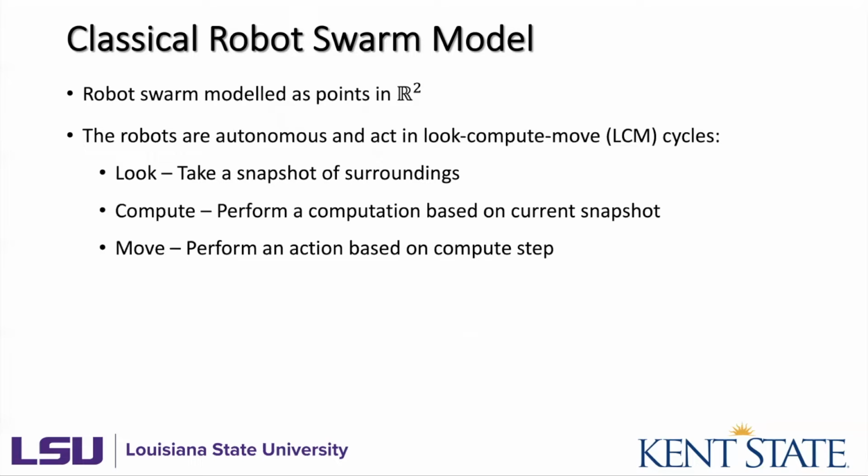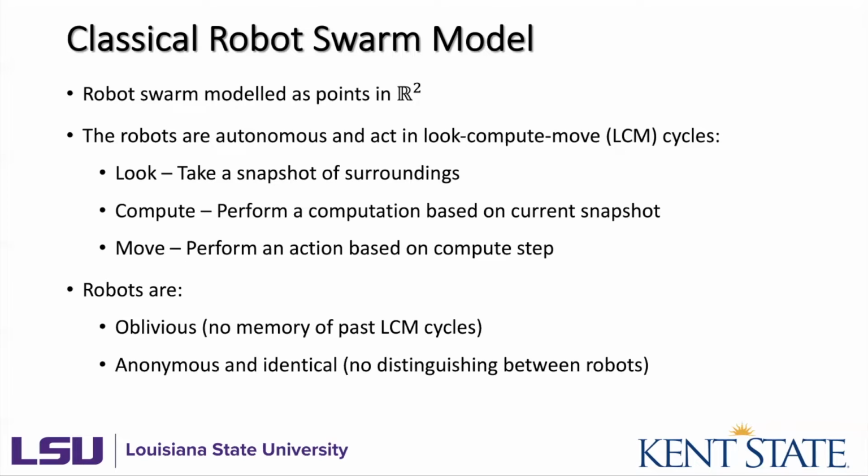the robot takes a snapshot of its current surroundings. Compute, the robot performs a computation based on its current snapshot, and move, the robot performs an action based on its compute step. The robots are typically assumed to be oblivious, retaining no memory of past LCM cycles. The robots are also assumed to be anonymous and identical, which means that there's no ability to distinguish between any two robots. The robots also have no common coordinate system, meaning there's no agreement on up, down, left, and right,